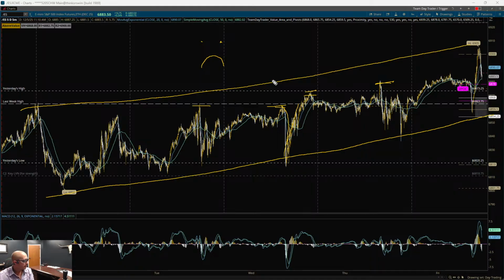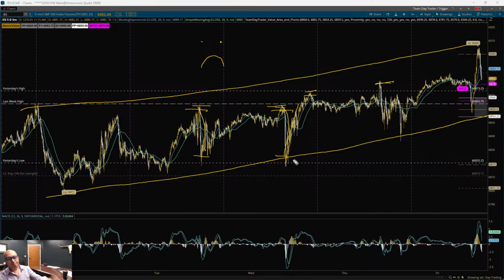Now I can get people chatting or leaving a comment like, well, I made money selling and I sold the top. All right, well, I'm not here to scalp and just take these trades. I get people all the time like, oh, I made money on this move down. I shorted that and I made money, and I shorted that and I made money. All right, you made a positive trade and you're in the green, but as my mentor once said,